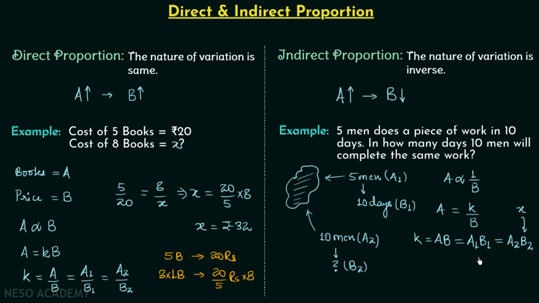X will be equal to A1 multiplied to B1 divided by A2. So number of days taken by 10 men is equal to 5 multiplied to 10 divided by 10. So from here we have the answer equal to 5 days. So 10 men will take 5 days to complete the same amount of work which was completed by 5 men in 10 days. So I hope you now have the clear understanding of direct proportion and indirect proportion,